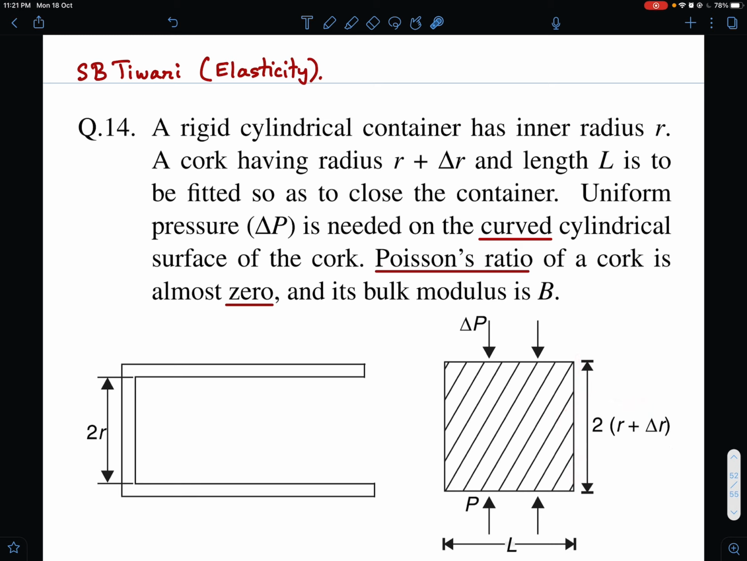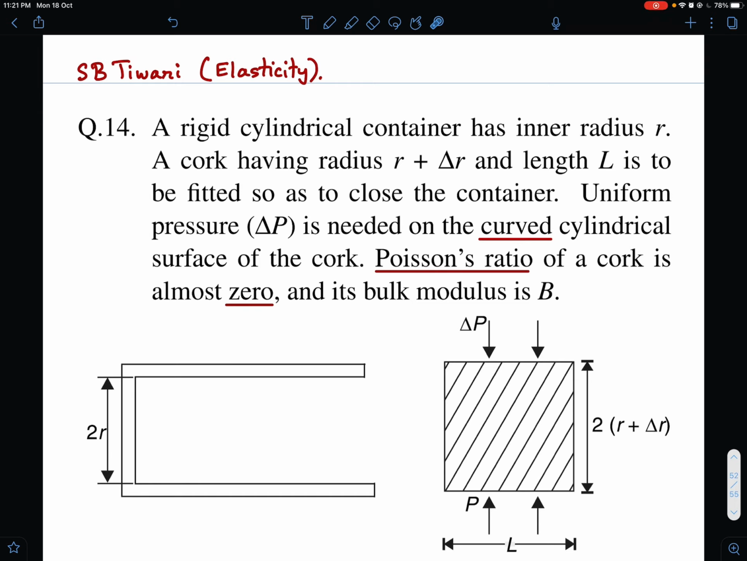And its length is L. This length is L and this radius is r plus delta r, and it is to be fitted so as to close the container. Uniform pressure delta P is needed on the curved surface, cylindrical surface of the